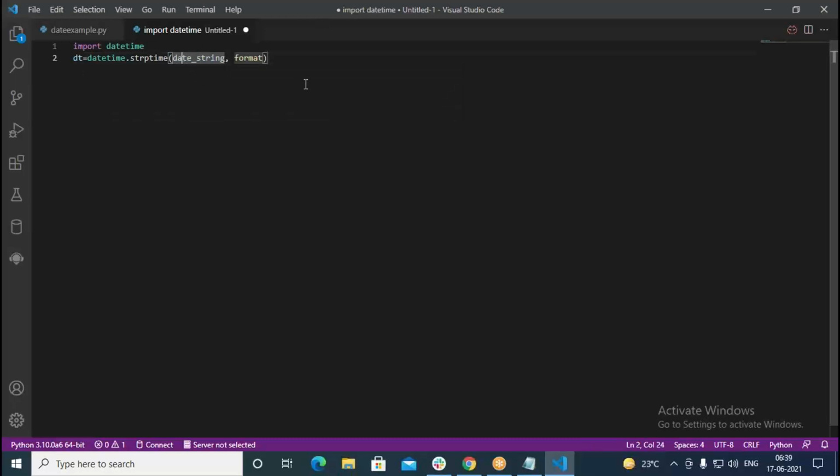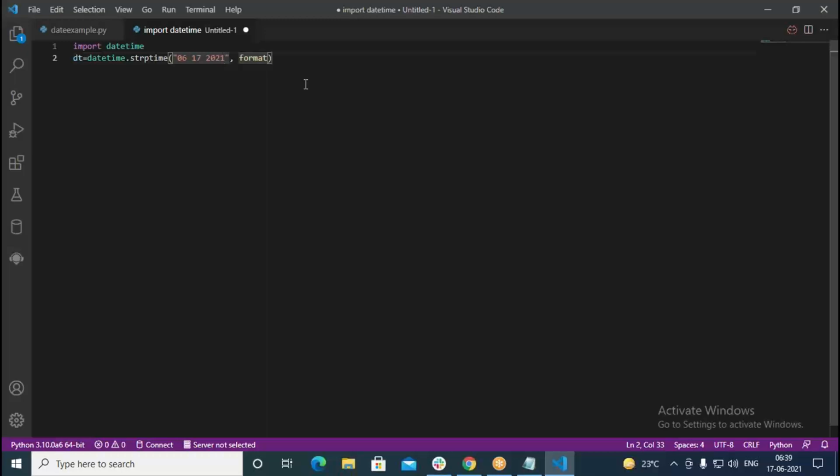Here I would like to go this way. The date string I specify first. First I go with the month. So the month is 06. Then followed by, I want to go with the day. Day is 17. Then I would like to go with 2021.